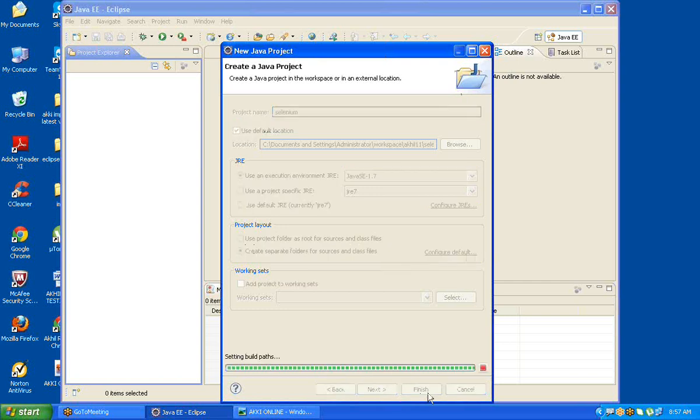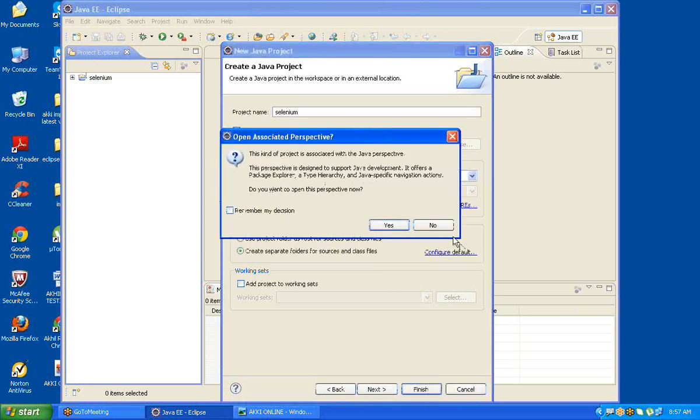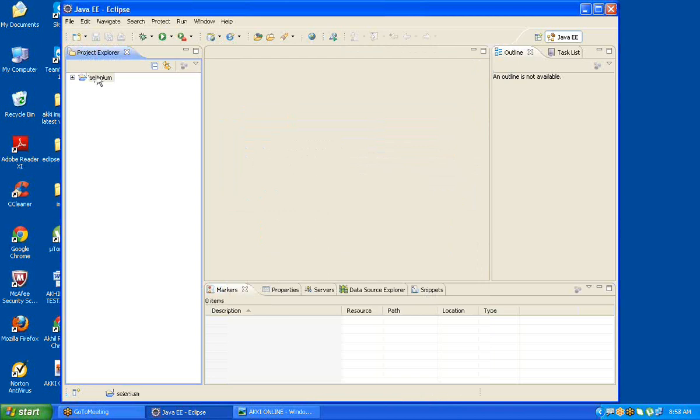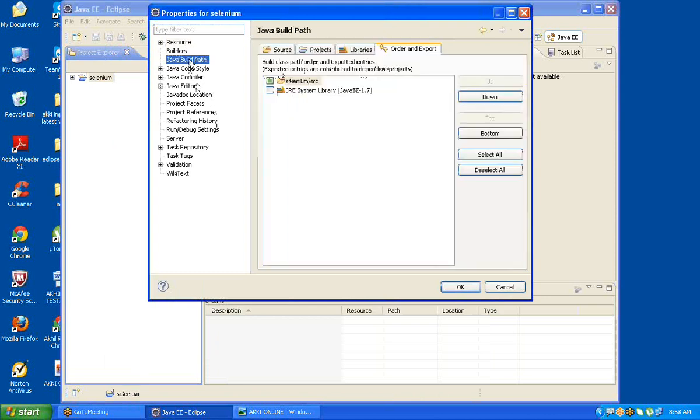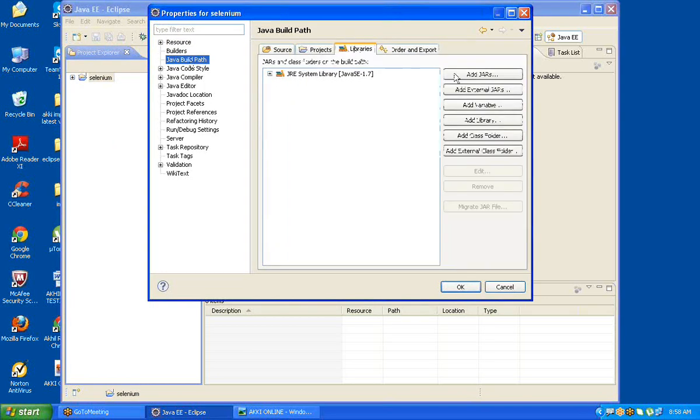First of all, we need to install the Selenium WebDriver programs. Right click on the project, go to properties, Java build path, libraries, add external jars.